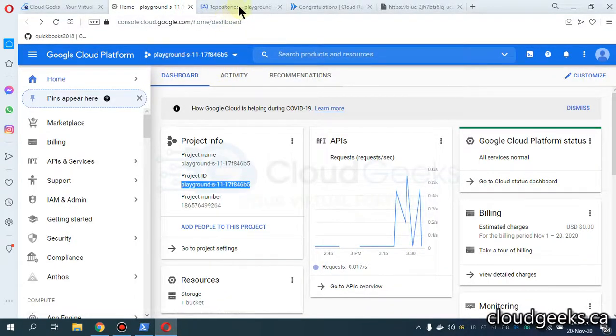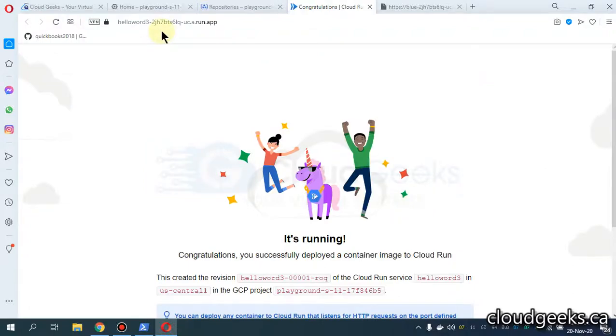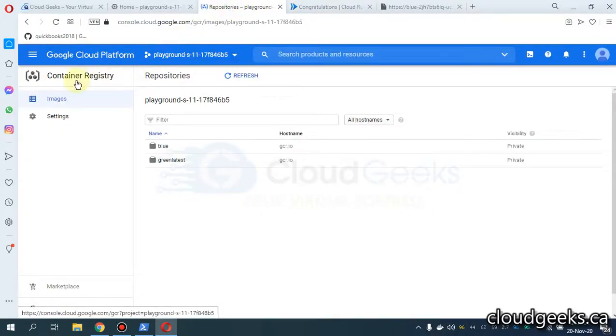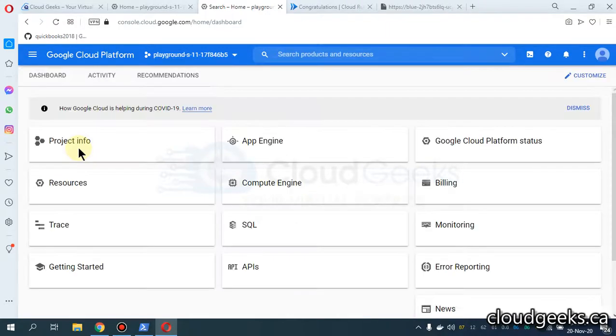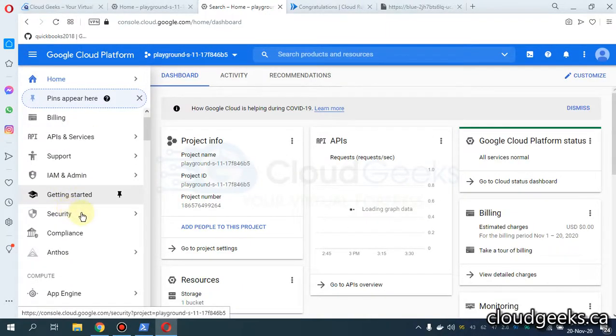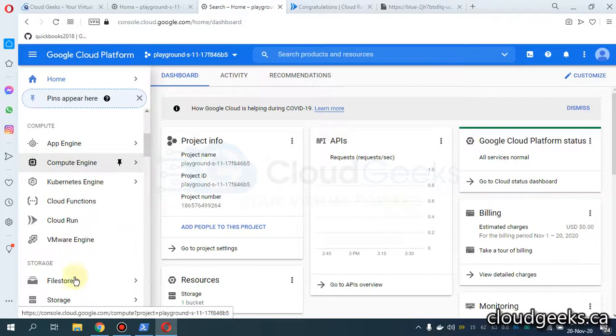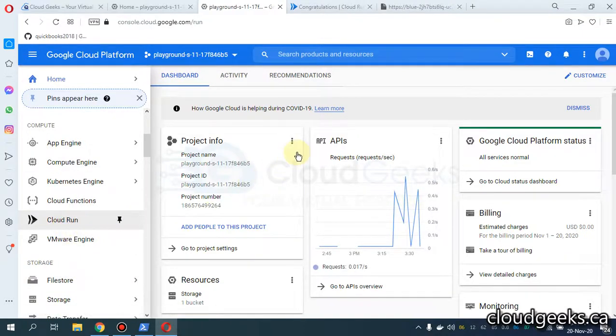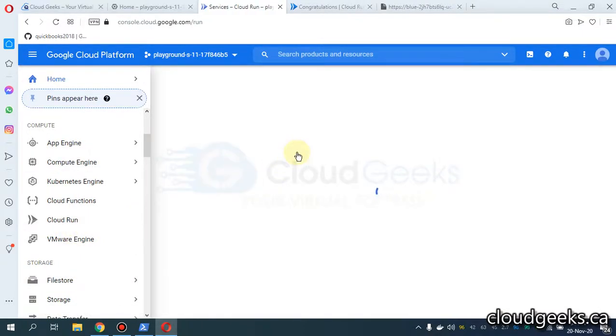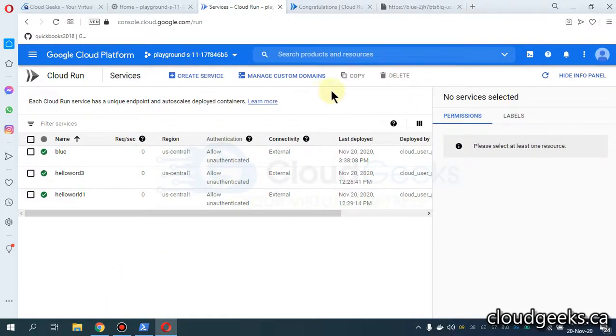If I navigate to my Google Cloud Platform, in the compute section, you will see Cloud Run. We will see two, blue and